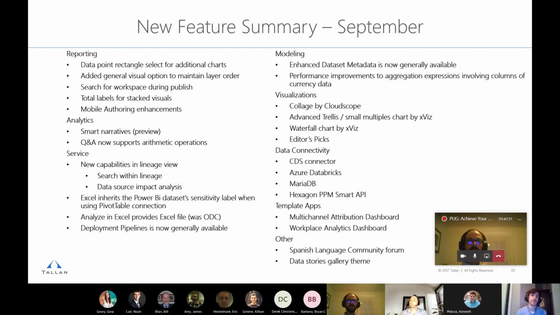For the analytics, there's a new preview feature of smart narratives. So there's kind of two use cases for this. You can now select a visual and right-click and click Summarize, and Power BI will do its best to basically provide you what the QA feature would on that visual, and write out in plain English the key points of the visual, what's important to look at, anything interesting about it. I tried it out a bit, and that's actually part of the quick demo I'll give after this. But it seems pretty cool.